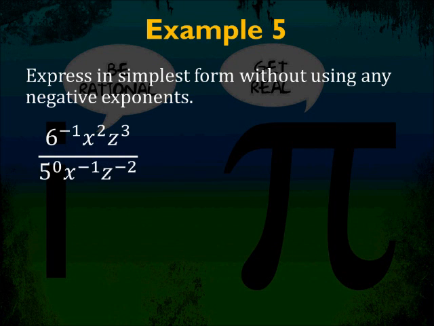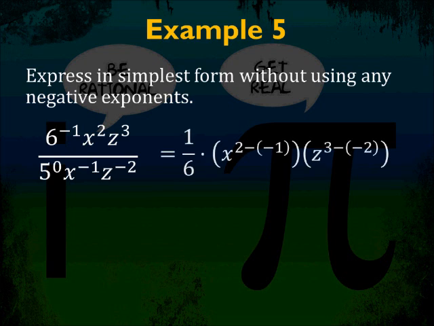Number 5, express in simplest form without using any negative exponents. So here we go. Now, this looks like a bit of a mess, but it's really not that bad. So what you'll want to do is use the definitions that we used yesterday with the quotients of monomials. Let's break this down. 6 to the negative 1 power is equal to